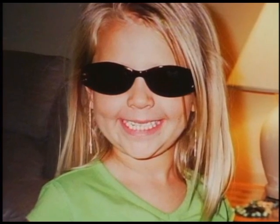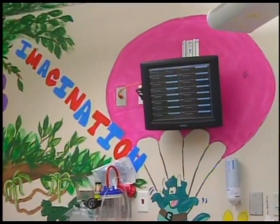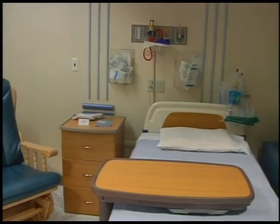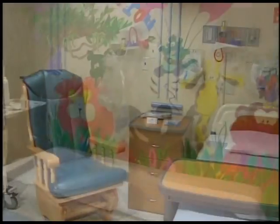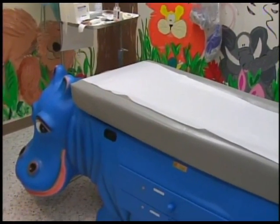Shelby is our Children's Miracle Network child, and part of the reason we enjoy being labeled as a Children's Miracle Network Hospital is because we have access to more funds for pediatric care to help children out like Shelby. Like in Shelby's case, the monitors in her room were from Children's Miracle Network. The recliner that her mom slept in beside her bed for 2 weeks, Children's Miracle Network provided. And the hippo bed that we have, it's not a necessary thing. We could use a regular